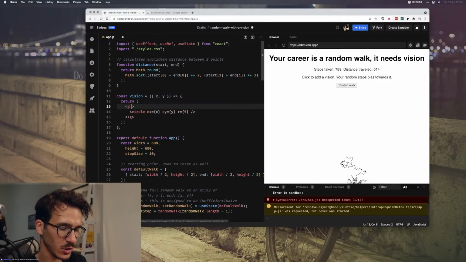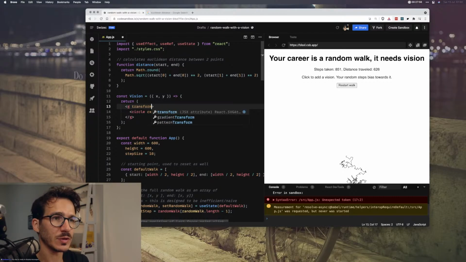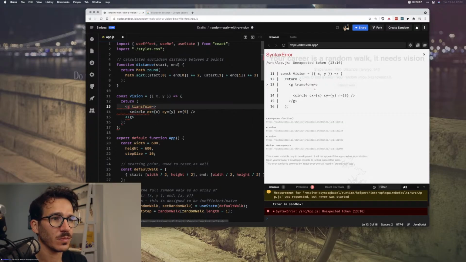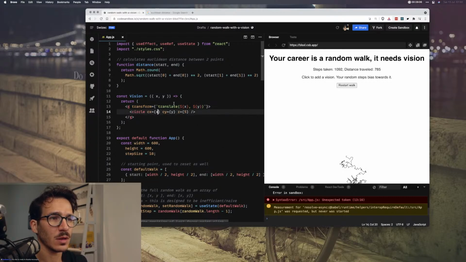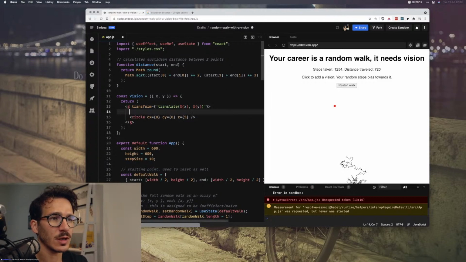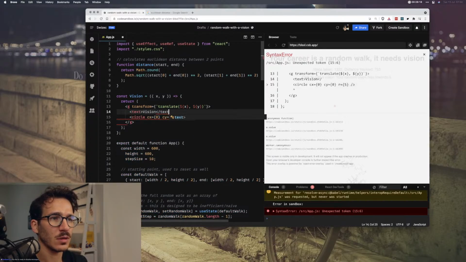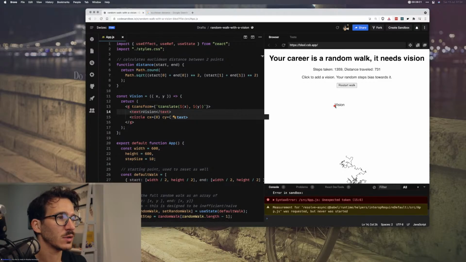And let's actually use this. Transform is going to translate the whole thing to x and y, and then here cx is going to be at 0, cy is going to be at 0, so that still works. And we're gonna add a text that says vision, and let's see where. Cool.